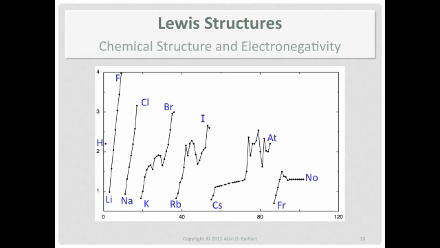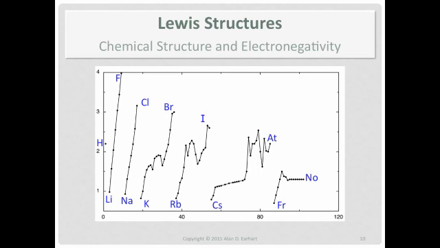Look, as you go from top to bottom, that's the same as going right to left in a period. And you notice trends that the electronegativity is decreasing. And okay, it doesn't work all the time. I mean, if you look at bromine to potassium and iodine to rubidium, you see that weird jumpy area in the middle. That's due to the d electrons. And there is actually some extra information in there, but we're just not going to talk about it.